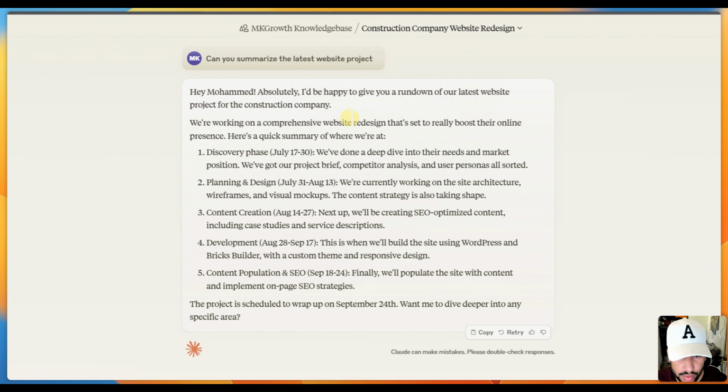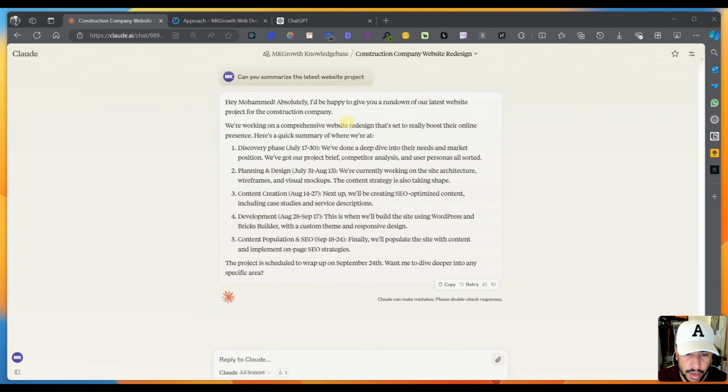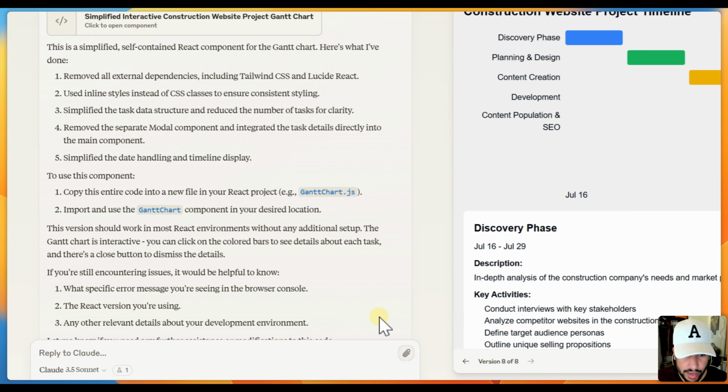I did mention it was in the construction industry. I was hoping it would add that to the response, but I mean, you have the discovery phase. I got the dates right. So it looks pretty good. And you can add on top of that. And if you like the result and answer, you can always add it as a part of your knowledge base as well. So yeah, I just wanted to create a video because I've done a couple of these already where